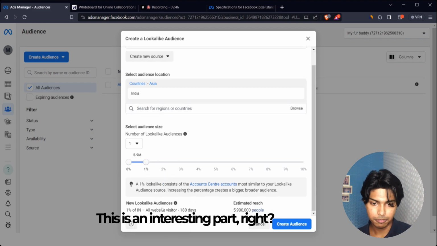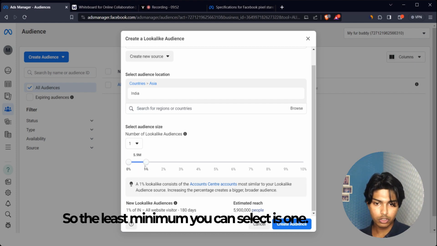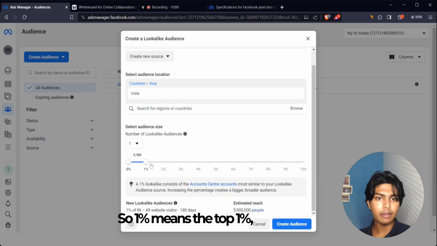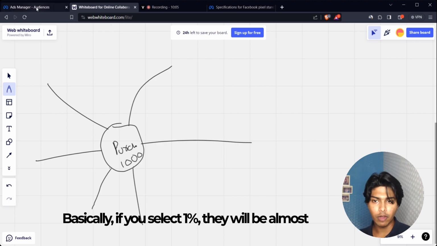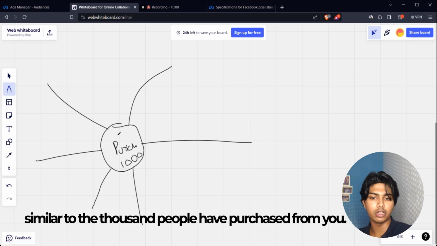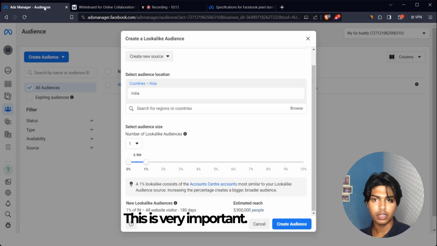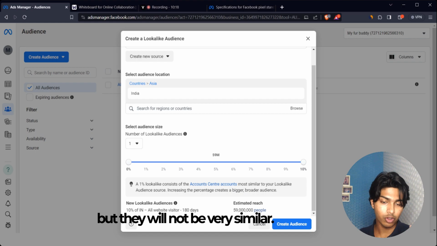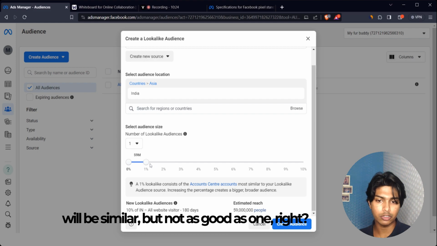This is an interesting part, right? It's asking you the percentage. The least minimum you can select is 1, the most you can select is 10, right? So 1% means the top 1% which resonates with your audience. Basically, if you select 1%, they will be almost similar to the 1,000 people who have purchased from you. This is very important. If you select 10, they will be similar, but they will not be very similar. And anywhere in between, if you put 2, of course it will be similar but not as good as 1,